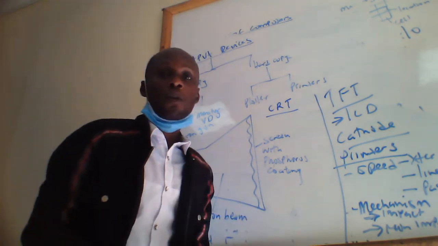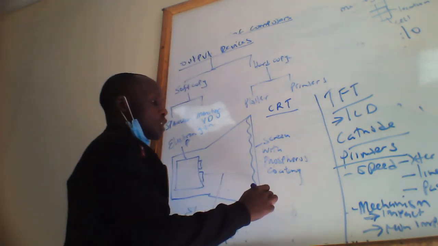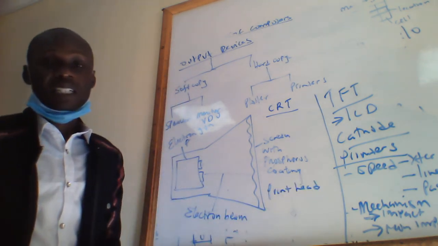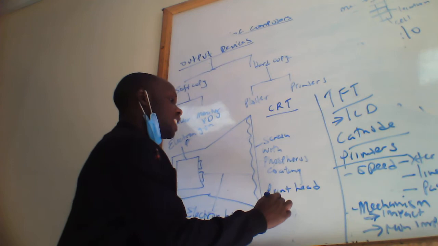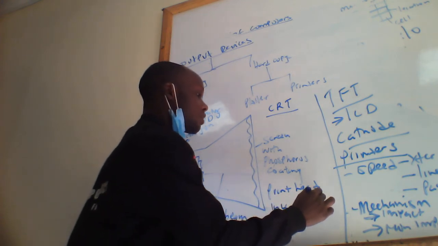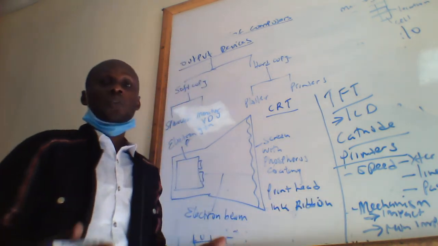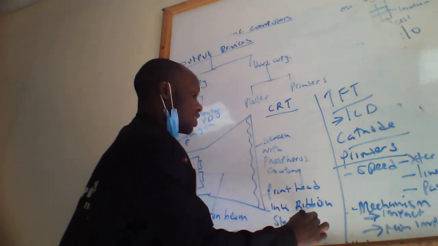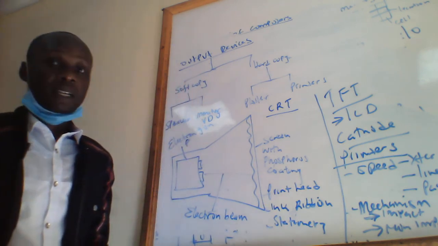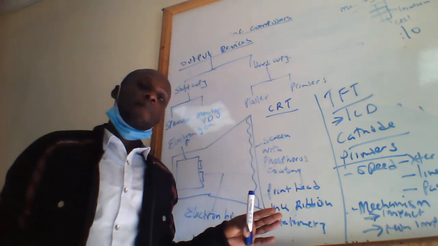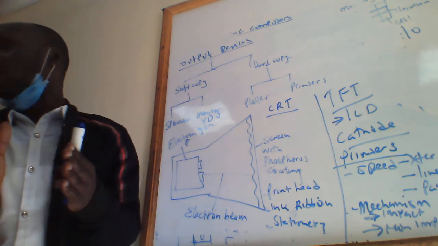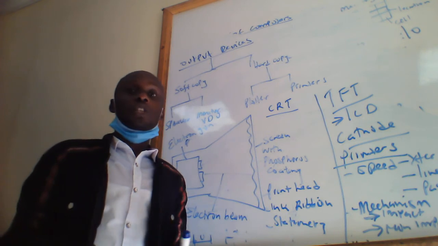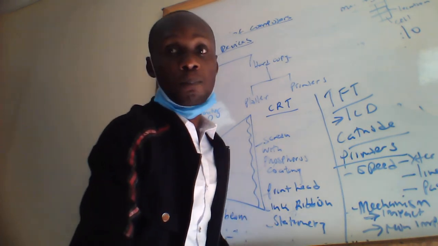Basically, to form characters, this printer has the print head element. The print head element is like a hammer which has several characters printed on it. We have the ink ribbon, which is a soft cloth that has been soaked in ink. Then we have the stationery, which is the paper. The impact printer prints whereby the print head element comes into actual contact with the stationery, and between the stationery and the print head element we have the ink ribbon. So basically it strikes those